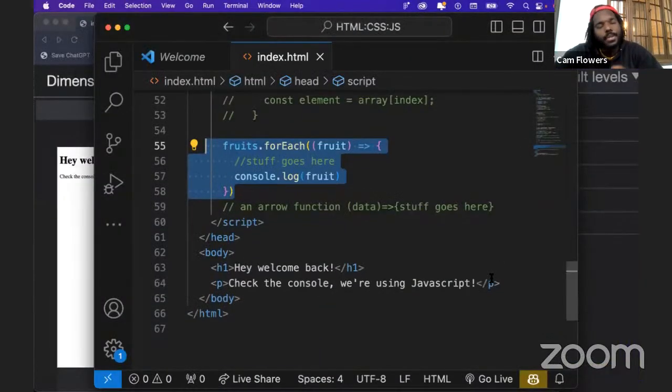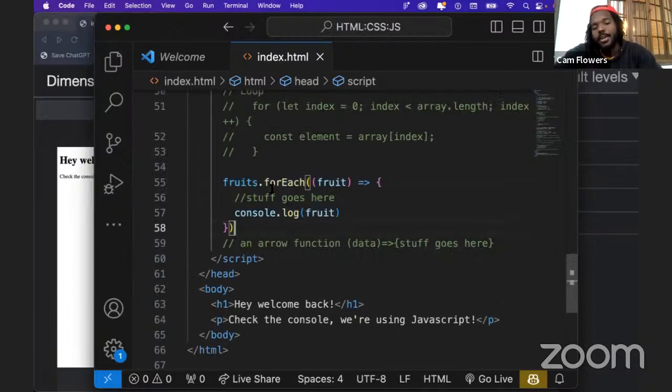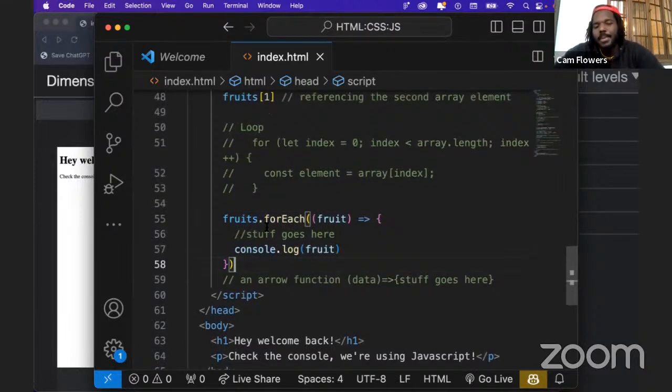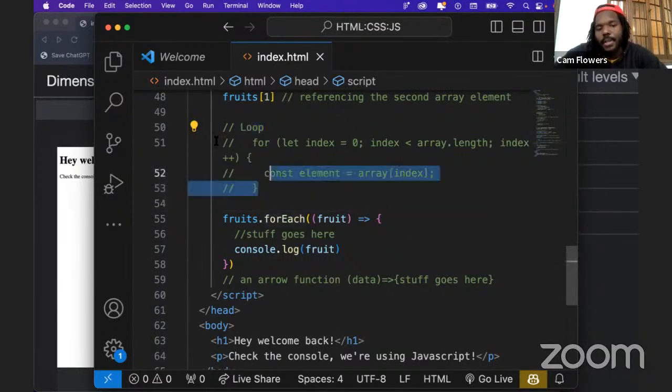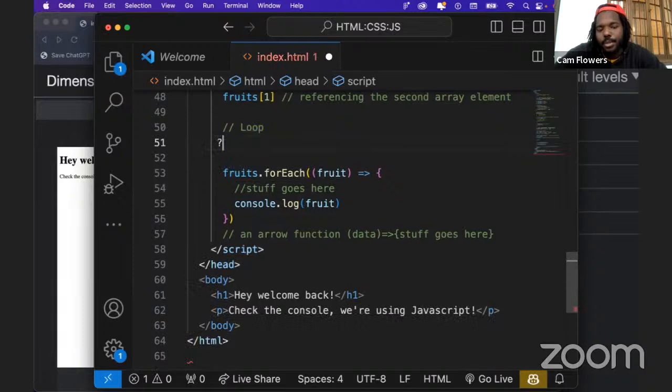Arrays have a plethora of methods, and forEach is one of those methods that you're going to love to use because it just makes your life easier when working with arrays. If you think about it, when you did loops in any other scenario, you typically did it with arrays. It's not common to do a loop just for the sake of doing a loop, but methods like forEach make it so that you can do that loop in 2 lines versus a couple more. If I did want to finish writing out this for loop though for y'all